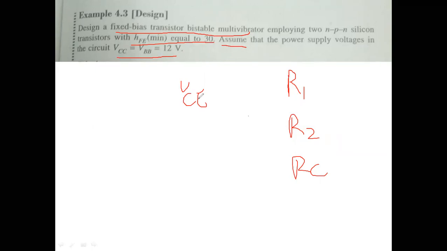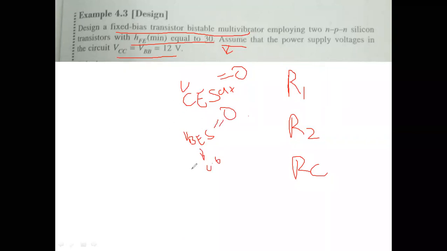Okay, for simplicity, the VCE sat voltage. Generally it may be around 0.2 or 0.3, but here we are assuming it, so we can make it 0, so that the problem will be simple. Similarly, VBE sat, VBE for an on transistor, we can also make 0. If we have two transistors and one transistor is on, for that transistor generally the standard value is 0.6. We are going to take it as 0.6, only for simplicity.